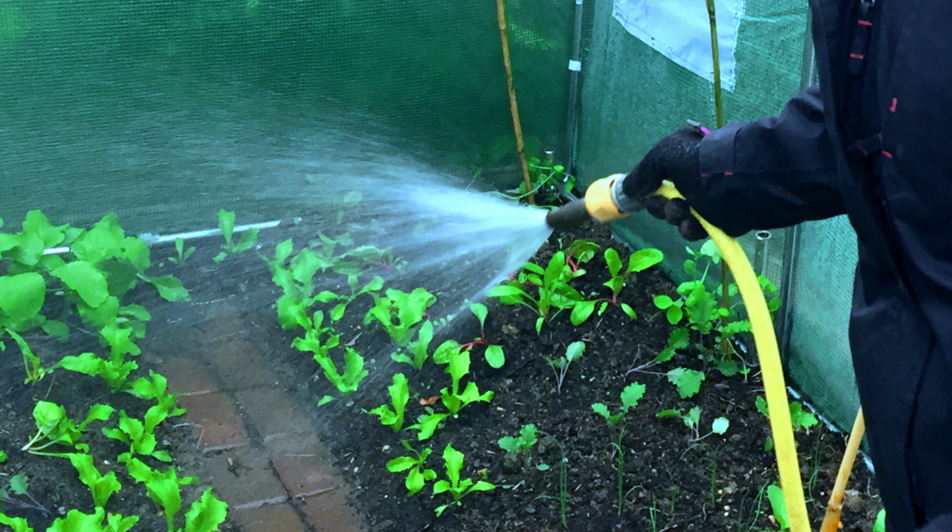Water in the morning or evening. Watering during the cooler parts of the day means less evaporation and more water actually reaching your plant's roots. Or you can use a drip irrigation system. Drip systems deliver water directly to the base of your plants, reducing waste and keeping the leaves dry, which helps